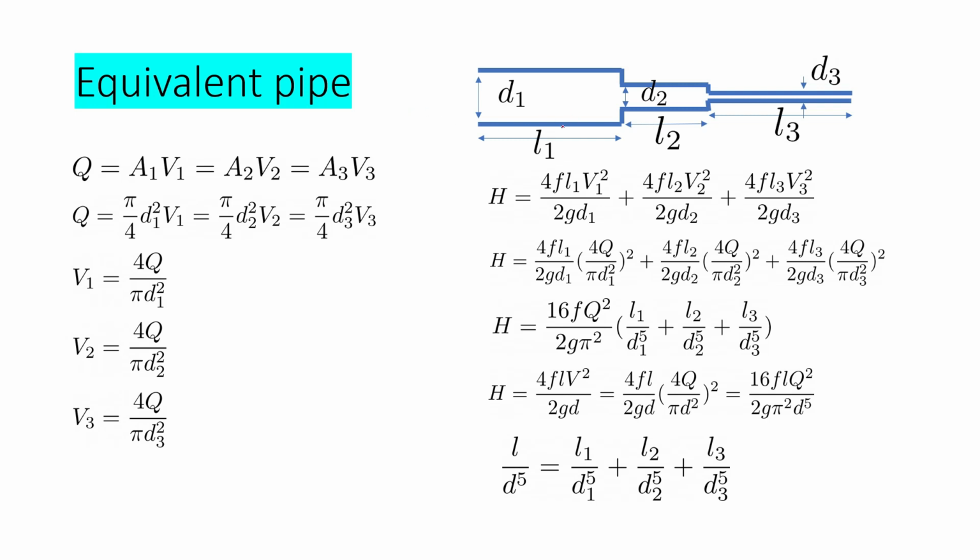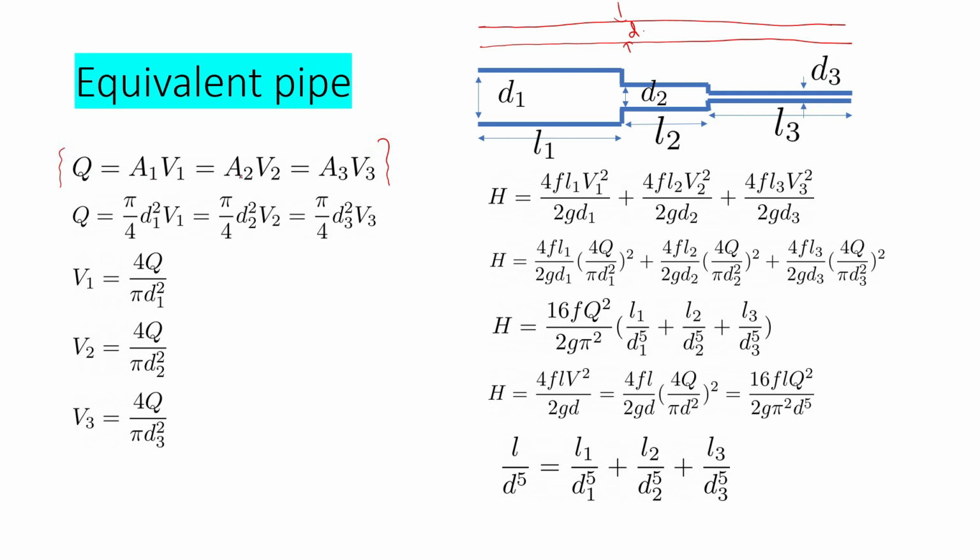You can see a pipe connected in series with diameters D1, D2 and D3. Now if you want to replace this pipe with a single pipe of diameter D, how do you calculate the diameter of this pipe? For this, we will first write the continuity equation, that is, the discharge through the pipe is equal to